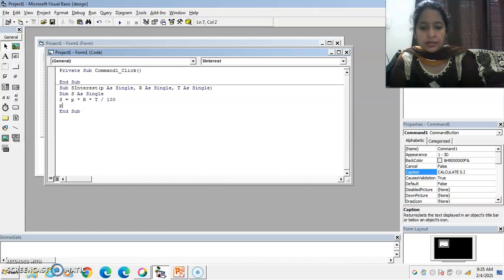After that, print the value of simple interest: The value of simple interest is & S.